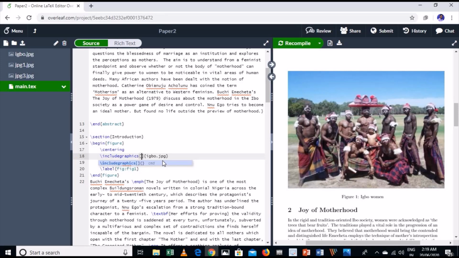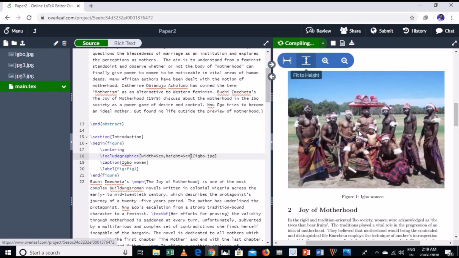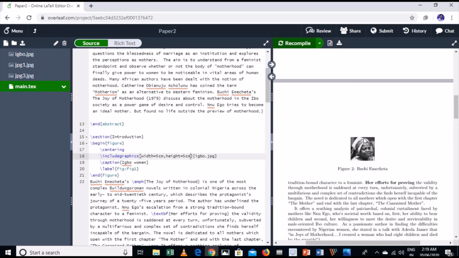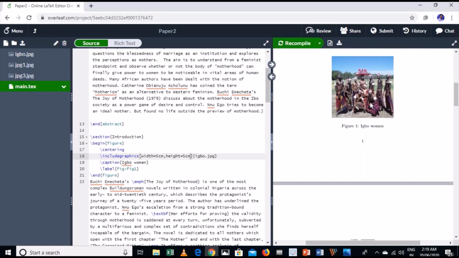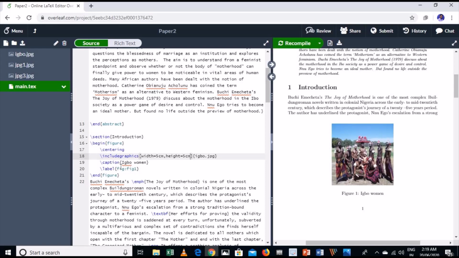I want the width, give the equal to sign, for example I want 5 cm, comma, and the height 5 cm. So this is the size of my photo. As you type in square brackets and click on recompile, the size of this photo will change. So here you can see, this is how you can change the size of the photo.